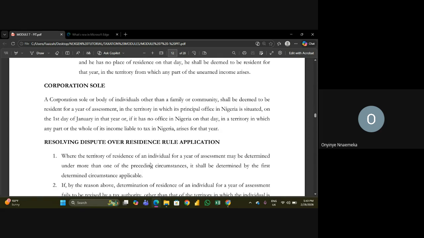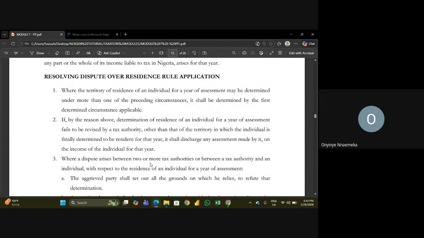Now, resolving disputes over residence rule application. Like I said, this residence is to cause wahala among states. Some states will be saying, I'm the one that is liable to this person's tax. I'm the one that is supposed to have collected this person's tax. Why did you collect tax? Let's say, for example,